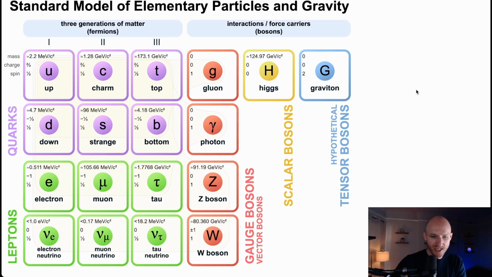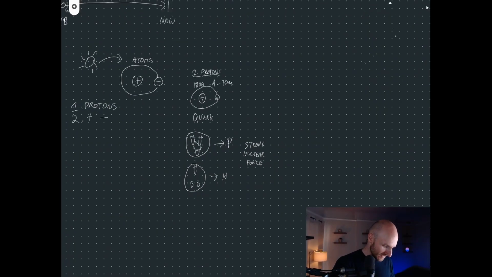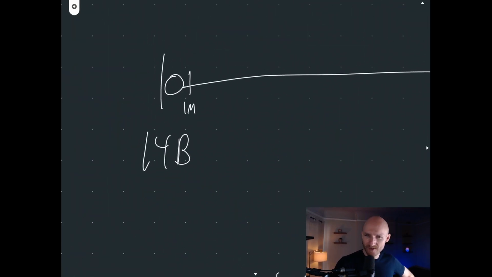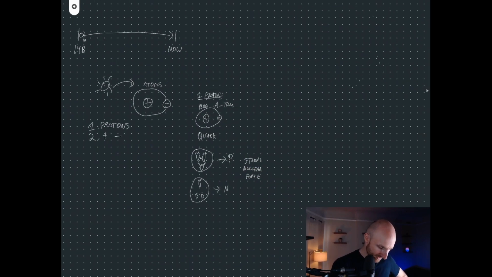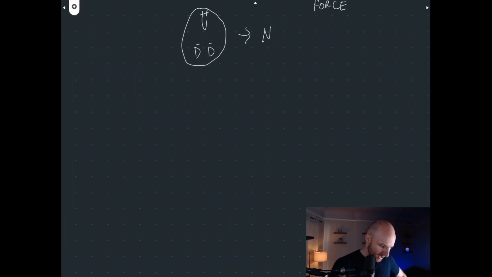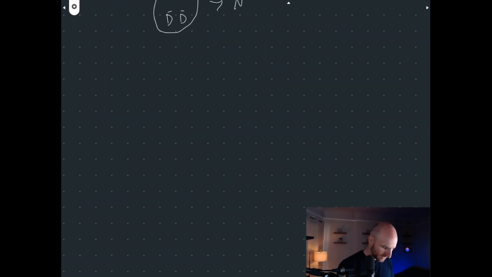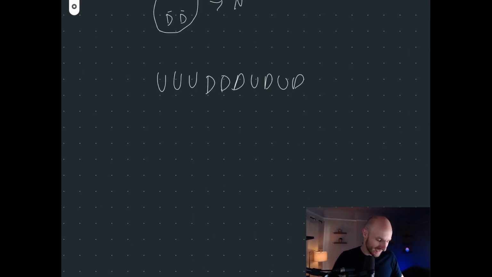So at the beginning of time, if we go way back to the Big Bang, what happened? Right after the Big Bang, there were only up and down quarks. There were lots and lots of up quarks and down quarks and up quarks, down quarks, and so on. But things were so crazy. There was so much energy in that system at the beginning that they couldn't freeze and form into protons and neutrons. This is called the quark-gluon plasma, which again is a great name.